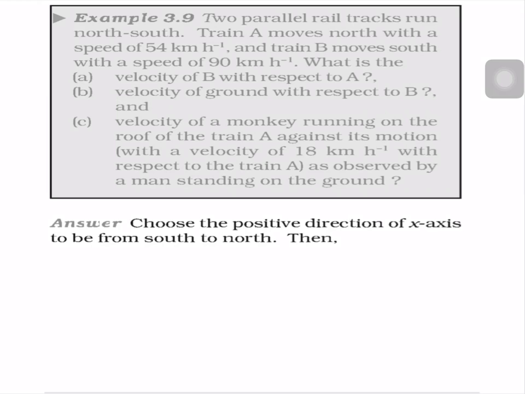And also third, the velocity of a monkey running on the roof of train A against its motion with a velocity of 18 km per hour, as observed by a man standing on the ground. So three things are asked in the question. First one, see,